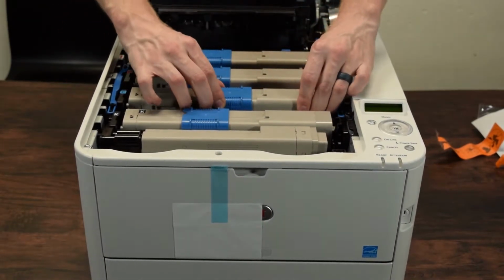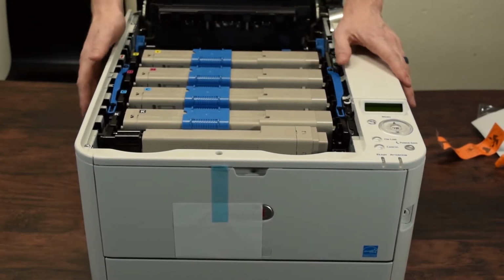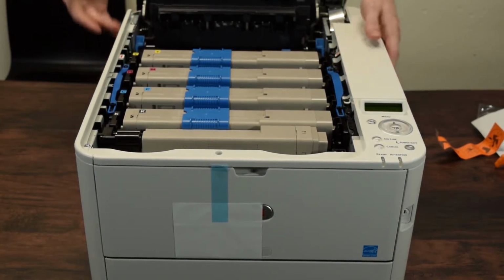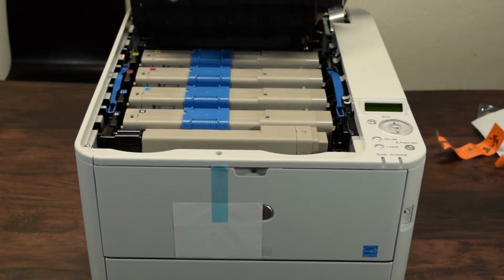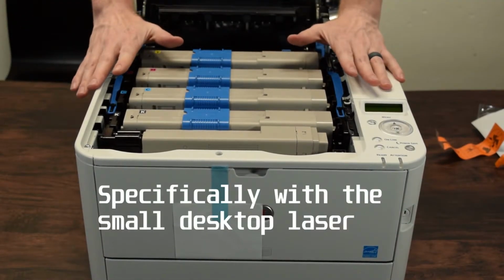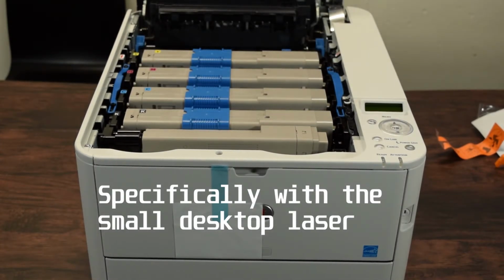Like I said, these cartridges are about $100 a piece, so they're not cheap. We'll see how long they last. I don't know if I'll be able to get you guys an accurate page count on how long this thing lasts. I don't print that much, so we'll find out. But anyway, you can also open this up and pull the heating element out. So it's actually easily serviceable, which is something you don't see a lot in these laser printers, just for the record. And this is actually pretty cool, as it just lifts up like a big hood on a car